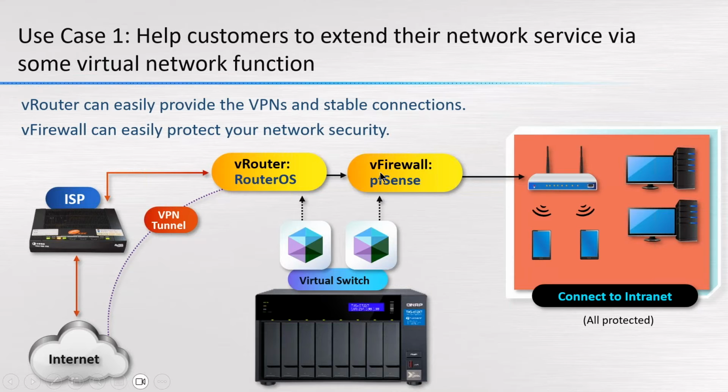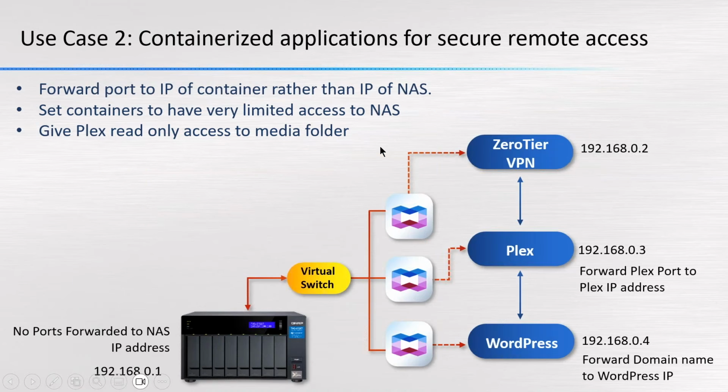So a possible use case: maybe you want to run pfSense or some firewall software as a VM. In this case, you might use bridge mode to give your firewall the same access to your network as a physical device would, because some people might choose a physical device for their firewall, or for the VPN device. In bridge mode, you can give that virtual device the same access to your network as a physical device, and make it show up on your network really the same as if it were a physical device. So that's great for a firewall or VPN or something. But another use case is